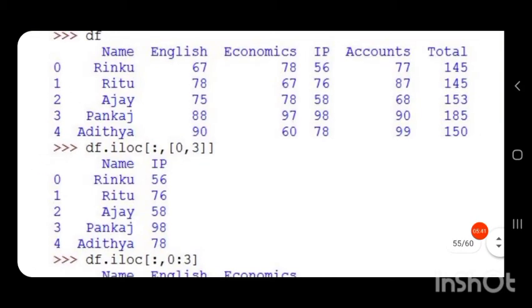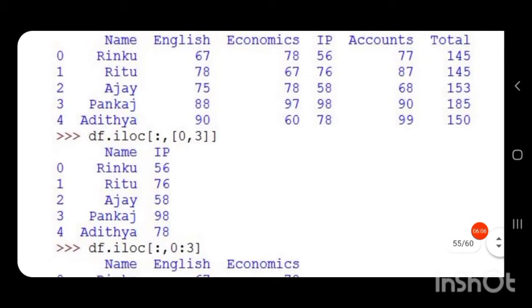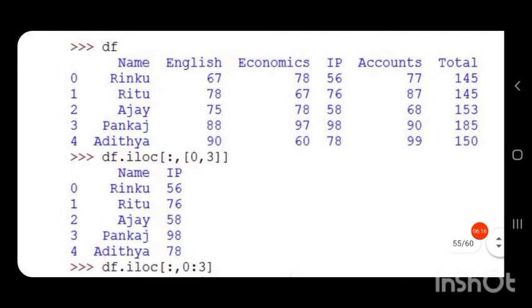If we want to display column number 0 and column number 3, we write in square brackets the column numbers. The column number for name is 0 and the column number for IP is 3, that is name 0, English 1, economics 2. So we are specifying the column numbers, and you have to separate them using a comma: 0, 3. If I want to display accounts also, then 0, 3, 4.